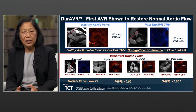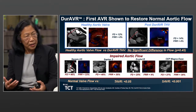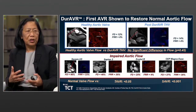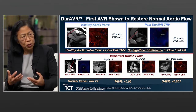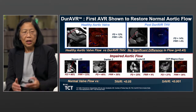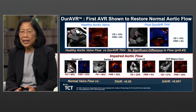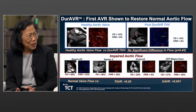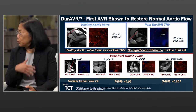And so you can see that the flow dynamics is good, that there's not a lot of turbulent flow, which is going to affect the leaflets, maybe cause them to flutter, put increased stress on those leaflets, as you can see in some of the valves examples on the second row. And again, I can't help but think it's got to play a role in the durability of that valve as well,